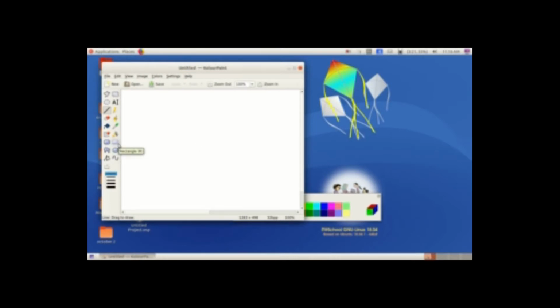First, we have to draw a canvas, using the rectangle. We have to press the rectangle and then draw a canvas where our picture has to come. So now a canvas is being drawn. So canvas is over. Now next, we have to draw a mountain, as given in the picture.